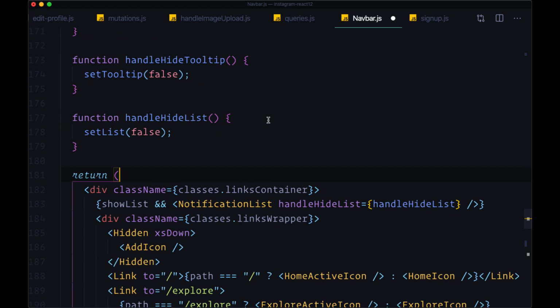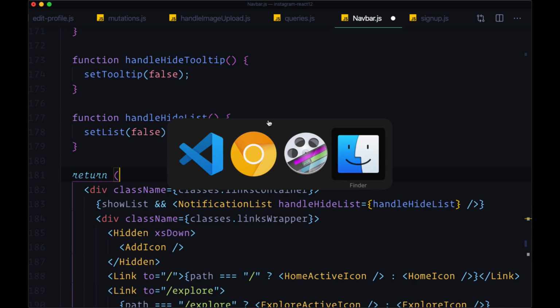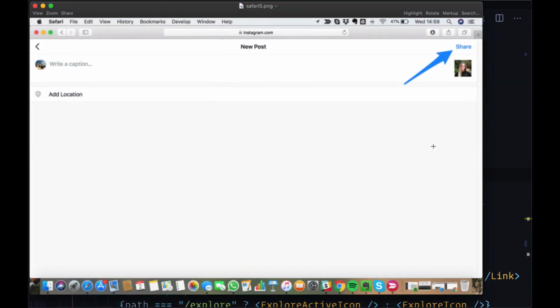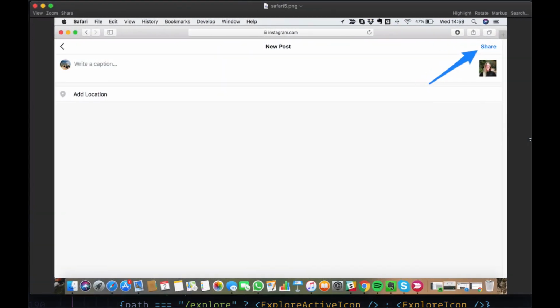But what's most important about this step is that we're going to give users a screen. We're going to give them the following screen to create a new post. So whatever they selected will be here on the right hand side. You see this kind of navigation up at the top where they can go back. They'll be able to write a caption, and to the left hand side of this they'll see their profile image, their avatar, and then underneath they can write their own location for wherever they made this post. And then finally, when they want to create this new post and associate it with their account, they'll hit the